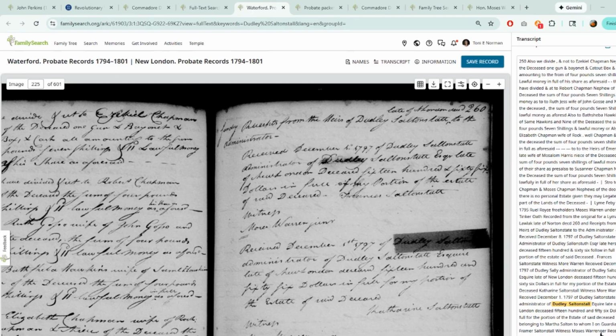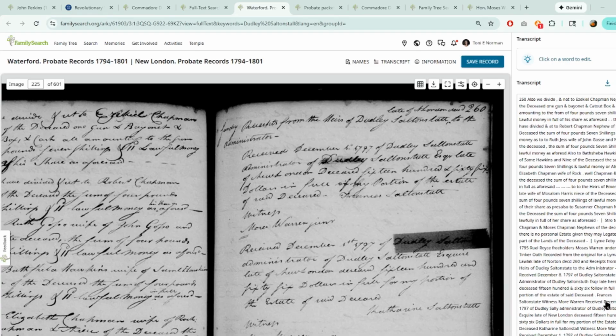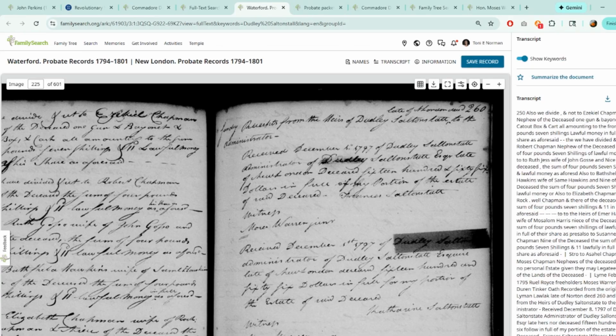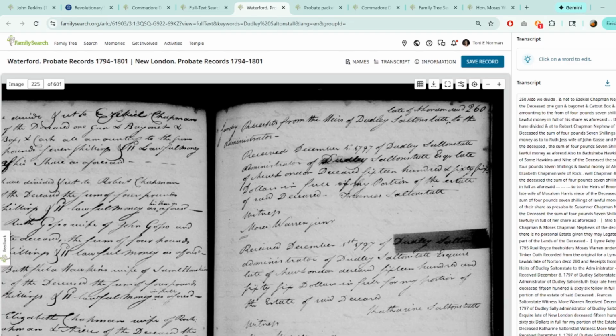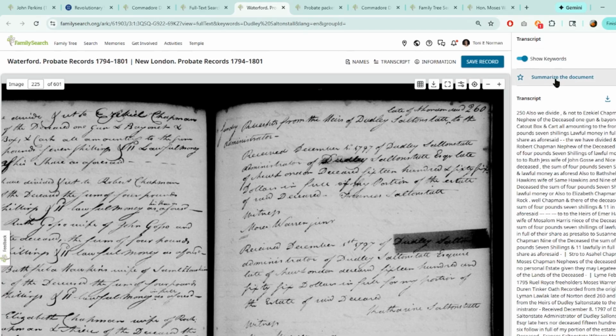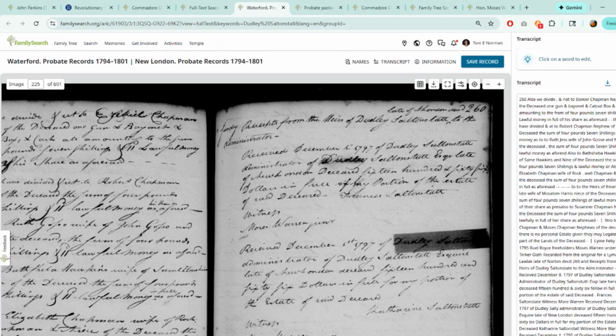I will search for them. It'll be faster. Here's another one, Dudley Saltonstall. I didn't have that one written down. So when I started this video, I noticed that there was this correcting, the little pencil that you can correct. Okay, transcript. Click on the word to edit. So let's go here, and I'm going to click right here, and it says Moore,